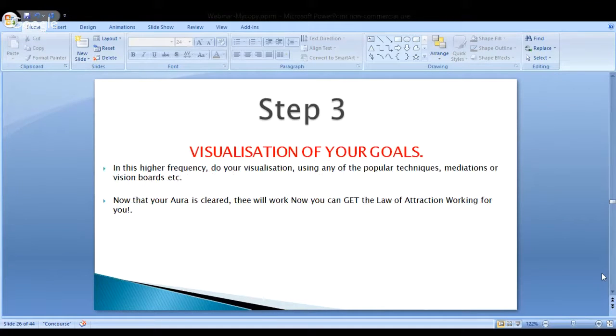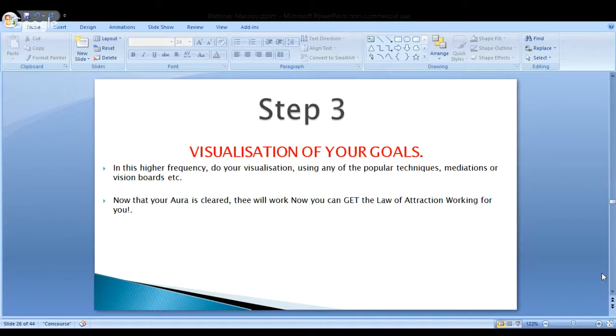Now, step 3, that's the most important thing. This is the thing that most people end up doing. When everybody talks about law of attraction, this is the only step that they talk about. They talk about, oh, you should have a vision board, and then you should sit down and visualize for X amount of time, 5 minutes in the morning, 5 minutes at night, and so on. Nobody actually talks about the first 2 steps. They don't talk about identifying your blocks. They don't talk about cleansing your blocks, because until you do those, this step is redundant, because these occupants,